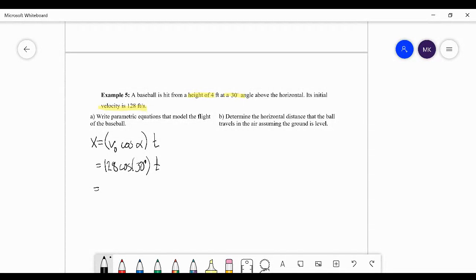You want to grab your calculator, or use the unit circle, whichever is easiest for you, making sure you're in the correct mode. Cosine of 30 degrees gives us root 3 over 2 times 128. Gives us 64 root 3